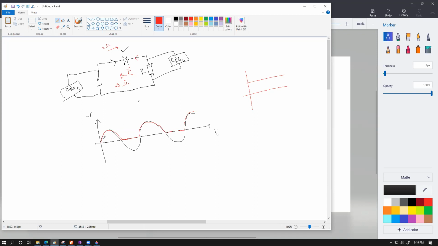So what is happening over here? In this case, current is flowing in one direction for half the cycle. And then for the remaining half cycle, current is not flowing. But it is never flowing in the opposite direction. So as long as it is flowing, it is only flowing in the same direction. That's why this red line is a DC output. This is what we call half-wave rectification, because half of the energy is allowed to pass through. The other half of the energy, the diode is converting into heat. It is actually eating up that energy and not allowing the current to pass through. This is basically the idea of half-wave rectification. Is it understood?